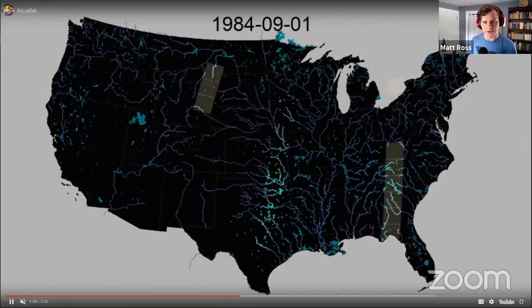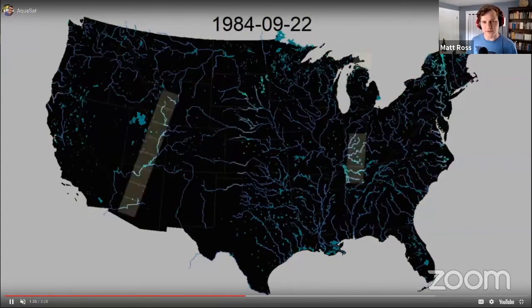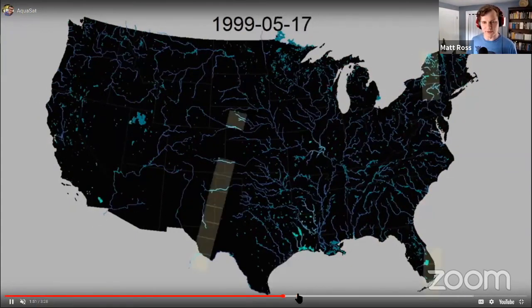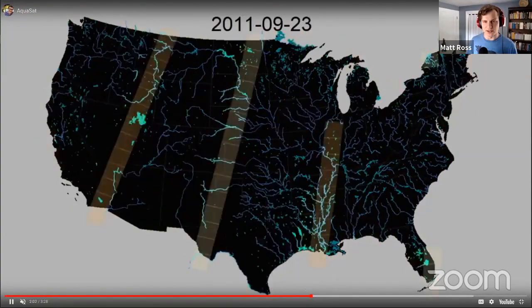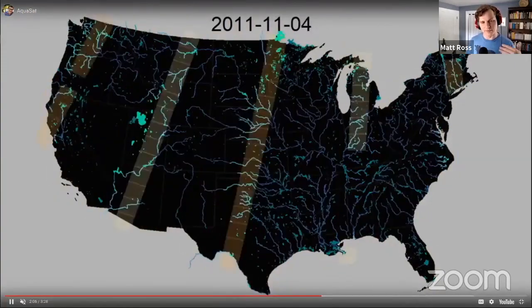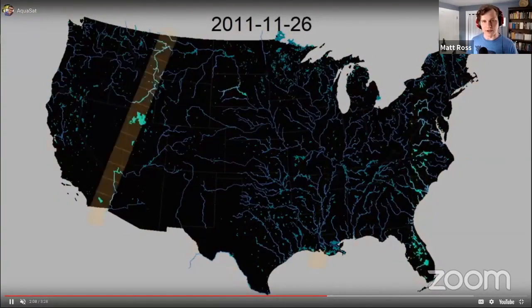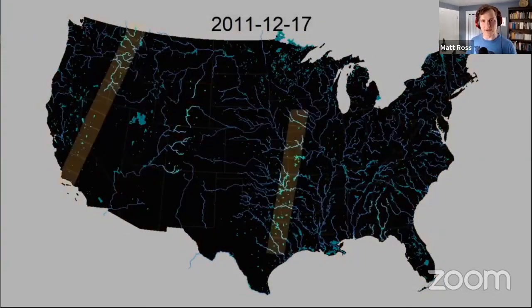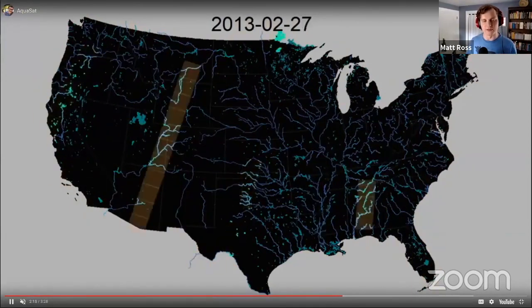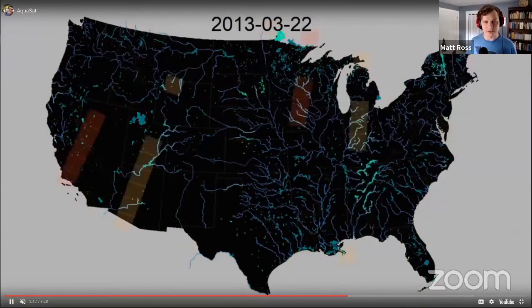So you see the scenes of Landsat 5 as it takes pictures in the country. And as we walk through this video, I might fast forward a little. You can see that we eventually go through different generations of satellites. This is when we have Landsat 7 and 5 going, and then Landsat 5 drops out. So now this is just Landsat 7. And then eventually Landsat 8 comes online. And that's where we're at now with Landsat 7 and 8.